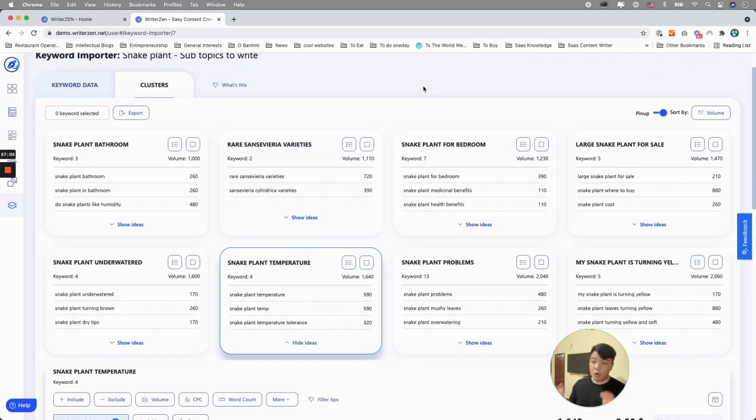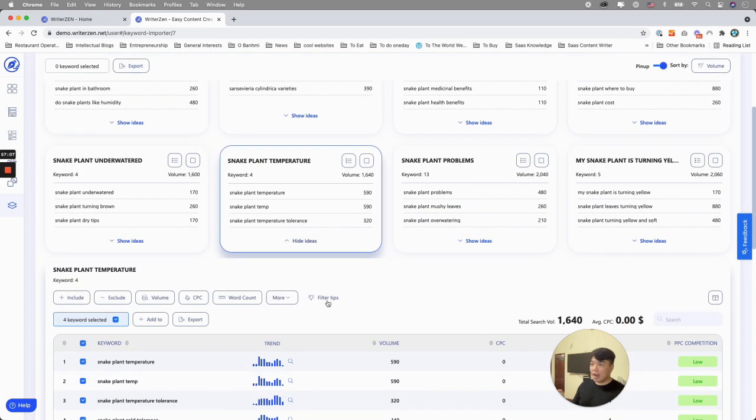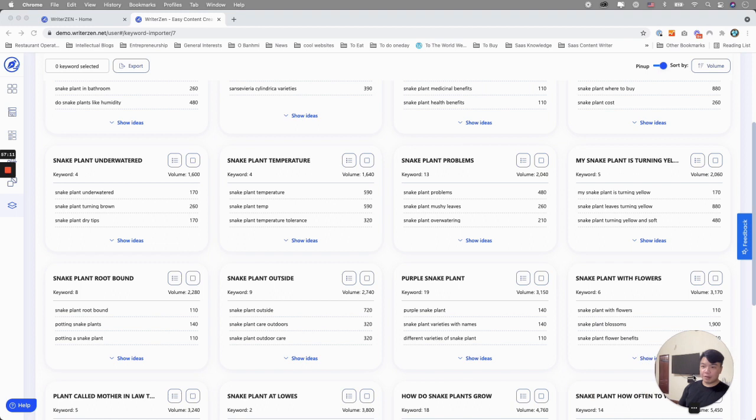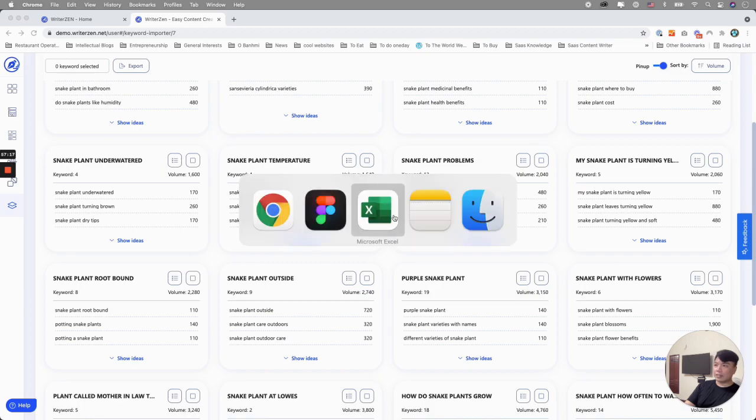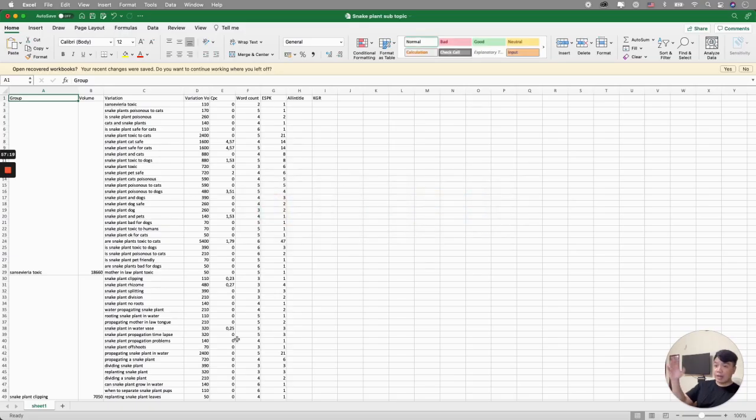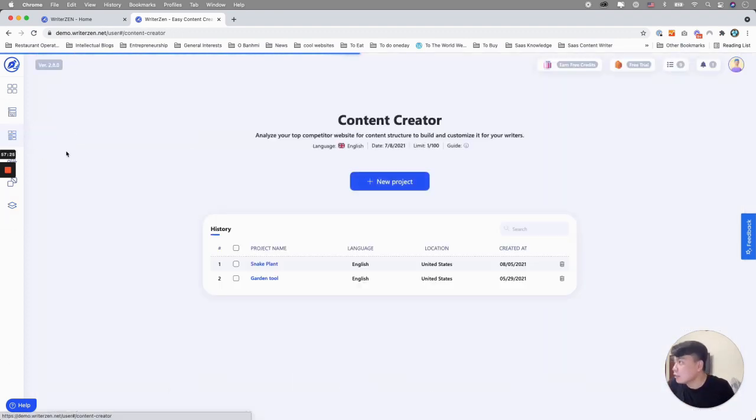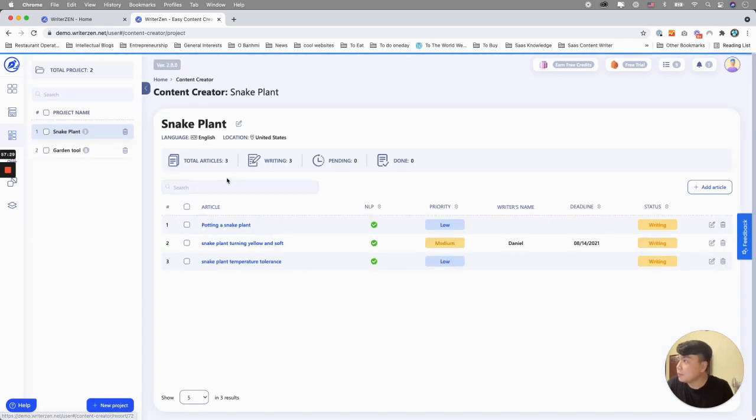Okay, so now we move to the last. You see, once you have this map that gives you a very good idea, a mental map of how to build, and you export that out into your Excel sheet, you then can use this to start building your content strategy and start writing. So the last step now is to write. Okay, so over here I already have a project called Snake Plants. So under Snake Plants, I already have quite a bit of